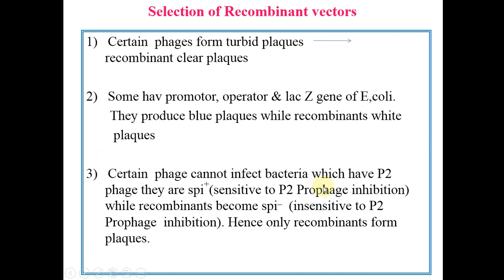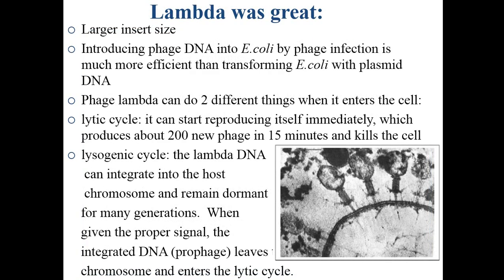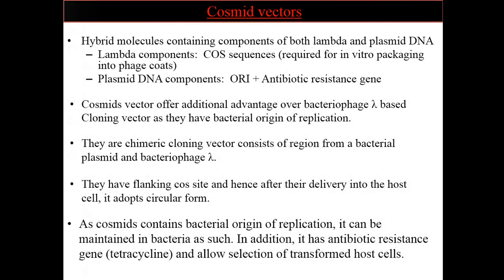Certain phages cannot infect bacteria which have P2 phage. They are Spi plus, that is, sensitive to P2 prophage inhibition, while recombinants are insensitive to P2 prophage inhibition. Okay, so this was about